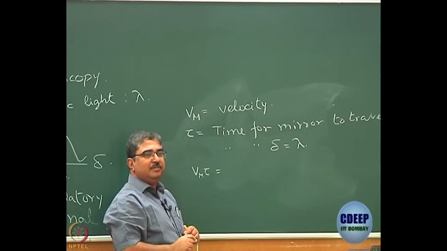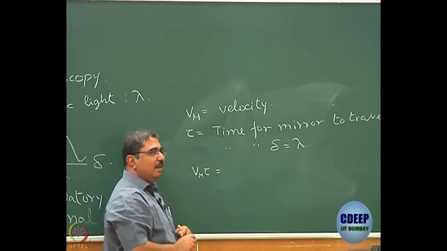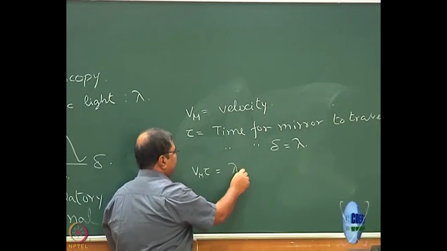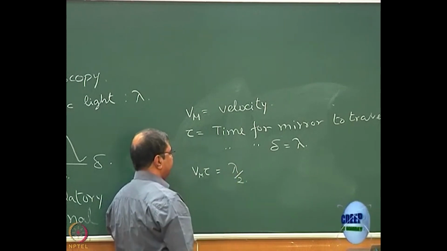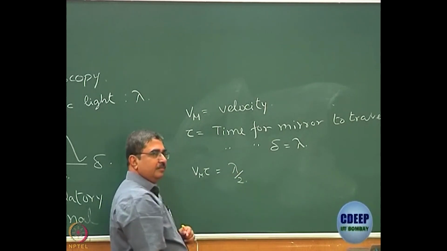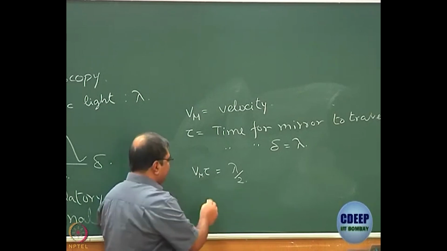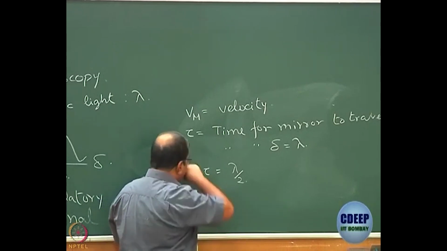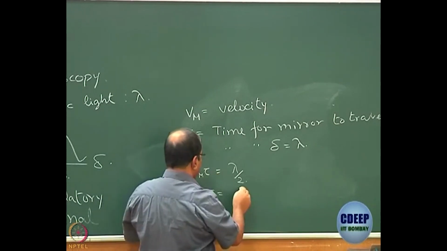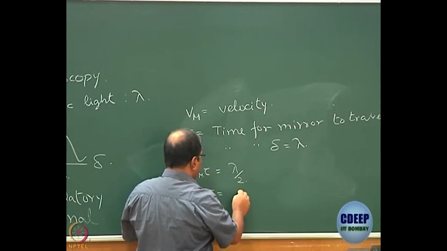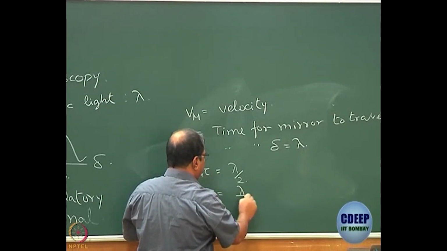What is Vm tau? Lambda by 2. Right. So, let us make tau the subject of formula. Tau is equal to lambda by 2 Vm,